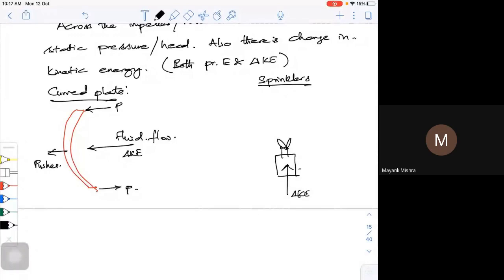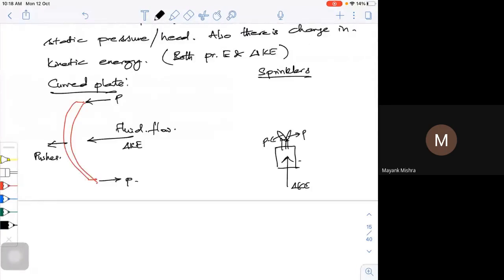But once it comes out, there is a change in the pressures. The flaps will be rotating, and because of the flap rotating, there is a slight change in your pressures. So there is partly a pressure energy, delta pressure energy, and there is a kinetic energy. This is called a reaction machine. Or we do have maybe your Francis turbine, which is there in our lab.